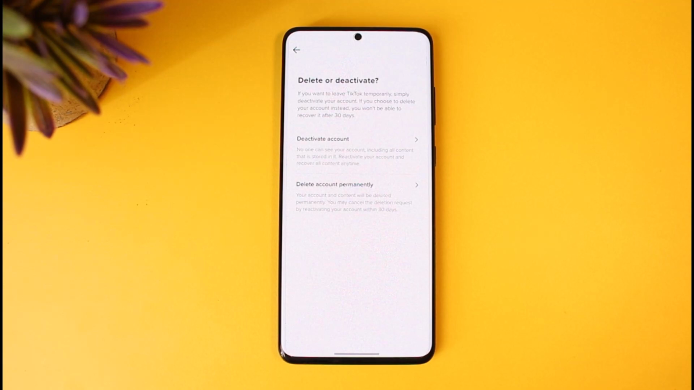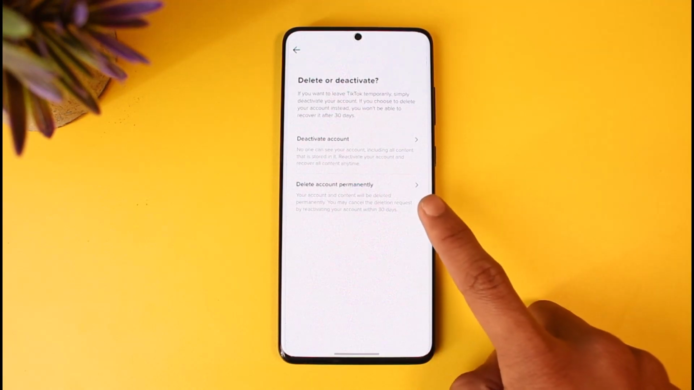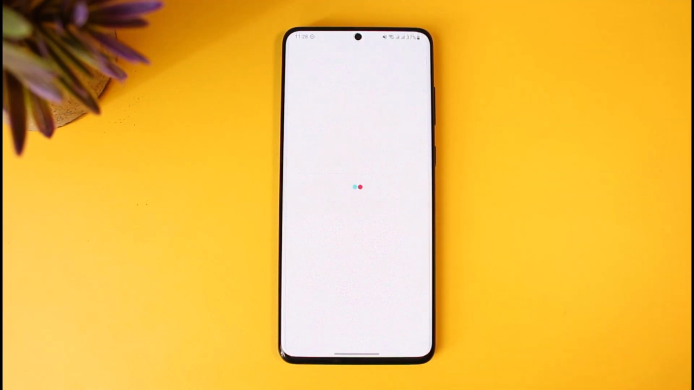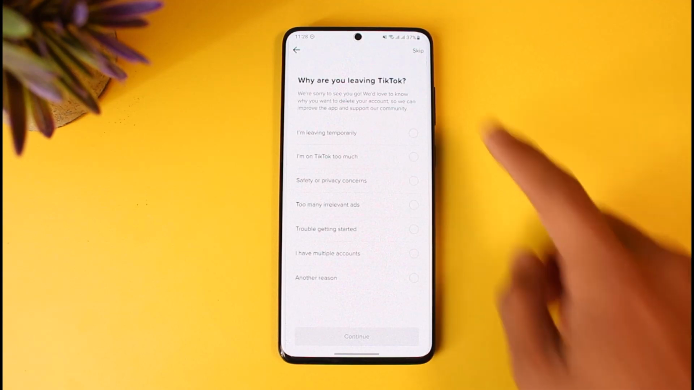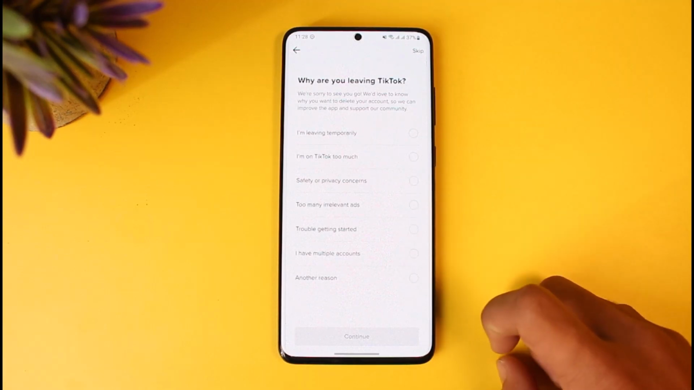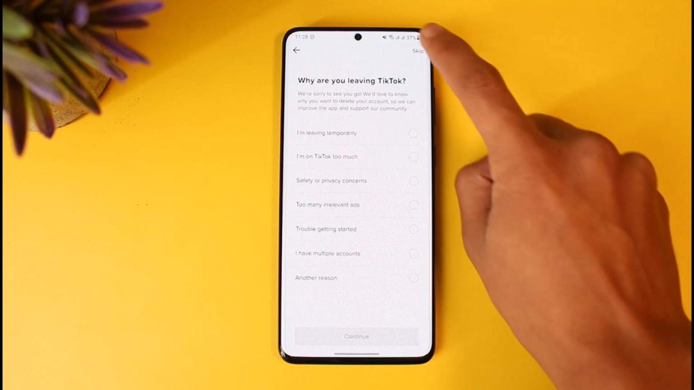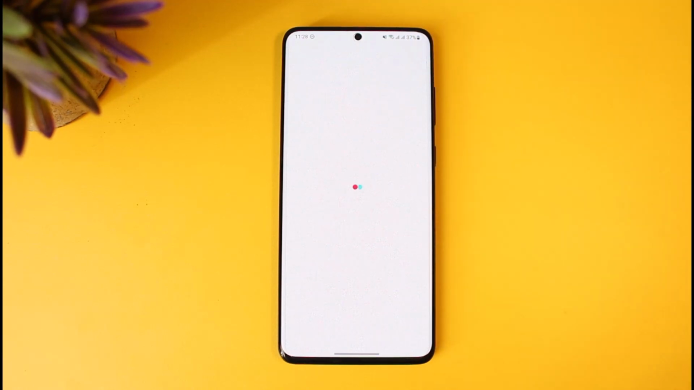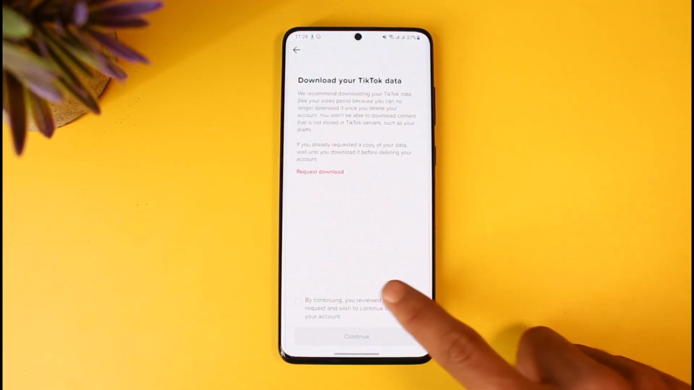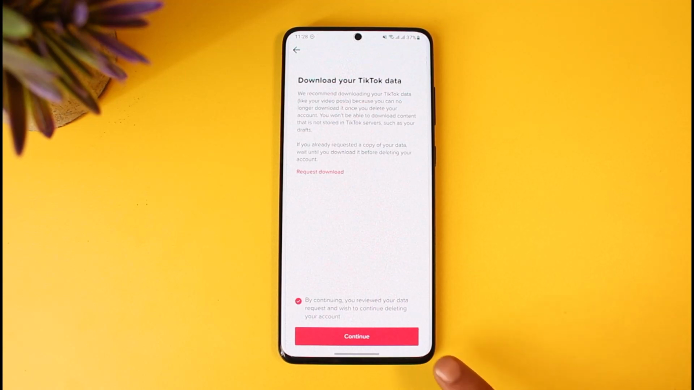Once you tap on deactivate or delete, here you'll find the button that says delete account permanently, and once you tap on the delete account permanently button, just select why you are leaving TikTok, or else you can skip the process by tapping on the skip button on the top right hand side of the screen. And as soon as you've done that, agree to the terms and conditions and tap on the button that says continue, which is basically at the bottom of the screen,